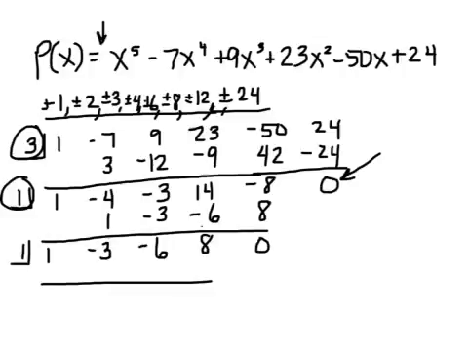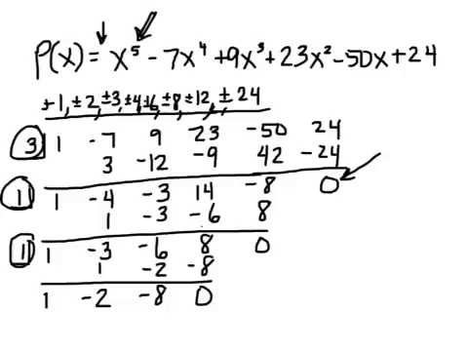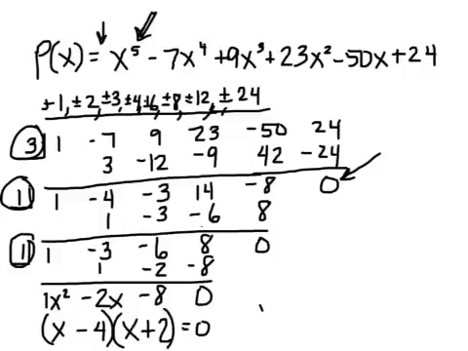I only have a couple things. 1 is negative 2. Negative 2 is negative 8. Negative 8 is 0. And look at that, the number 1 worked again. Now what's happening is I started with something to the 5th power. I have found 3 answers, which means this is now x squared minus 2x minus 8, which I know factors into this, and I can set each group equal to 0,